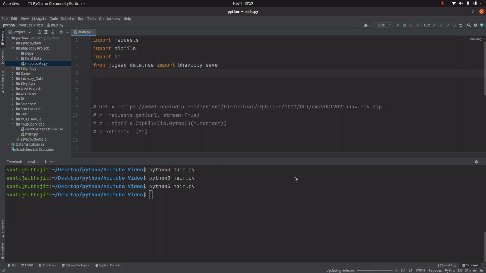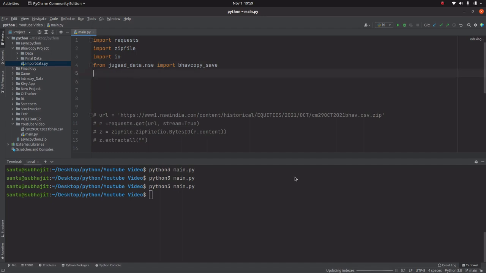Now by using this module, we no need the requests, zip file and io. The only one module is sufficient. Now by using Jugaad Data, we can import bhowcopy corresponding to the date. Now if you don't have Jugaad Data in your system, just pip install jugaad-data. It will install Jugaad Data into our Python system.